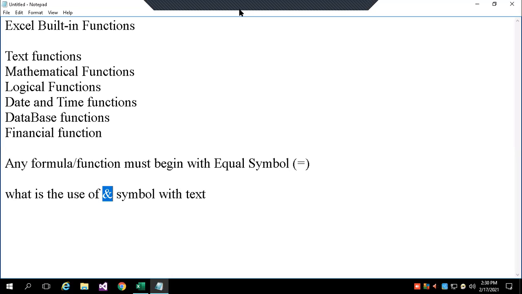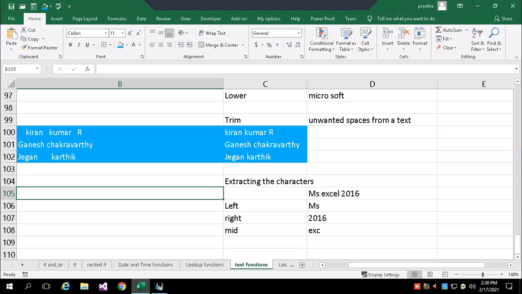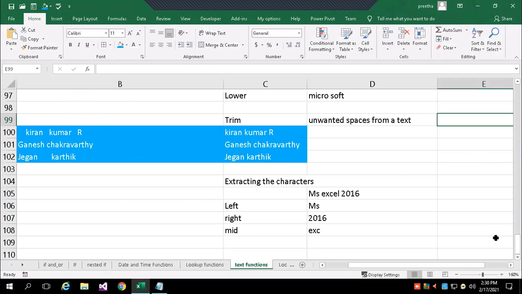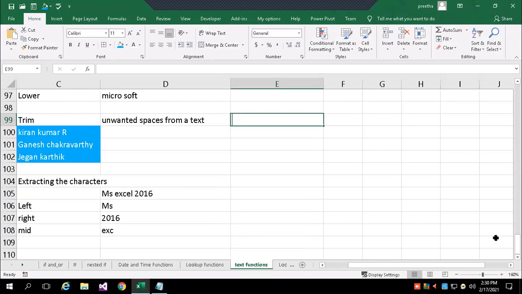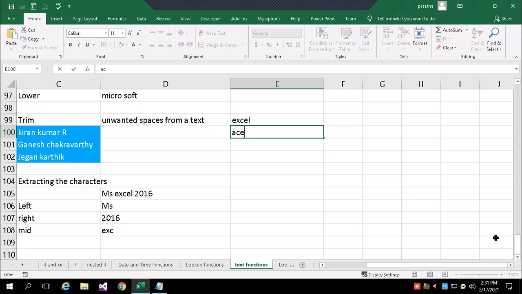So here, ampersand is for combining. For example, in one cell I have Excel, in another I have Access.